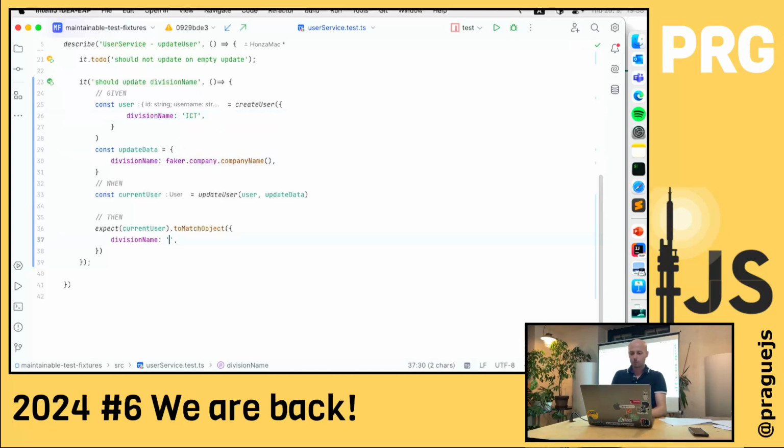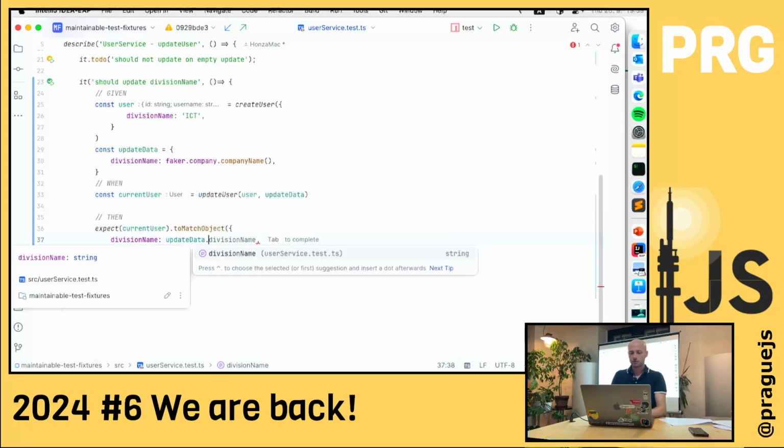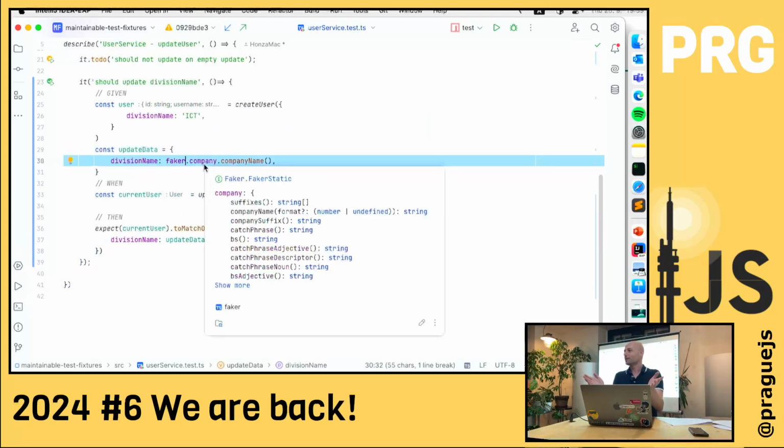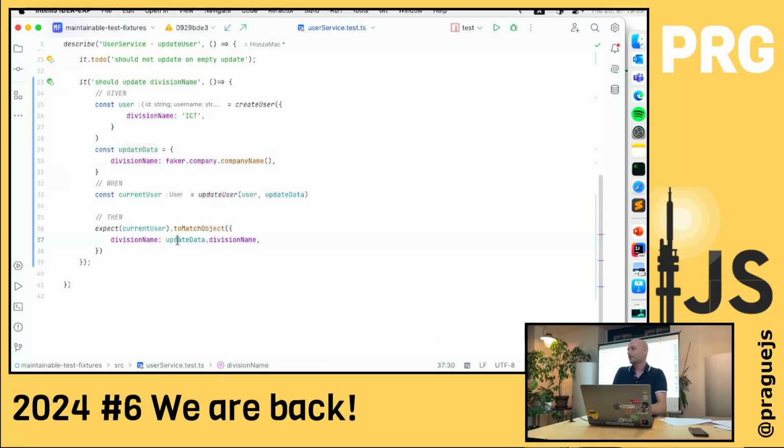And what I can do, I can just assert that division name from the input here is the same. So even now I have random data. It writes empty strings. It tries big strings. It tries everything, even some UTF characters, emojis, whatever. And now I will test that all of that passes.